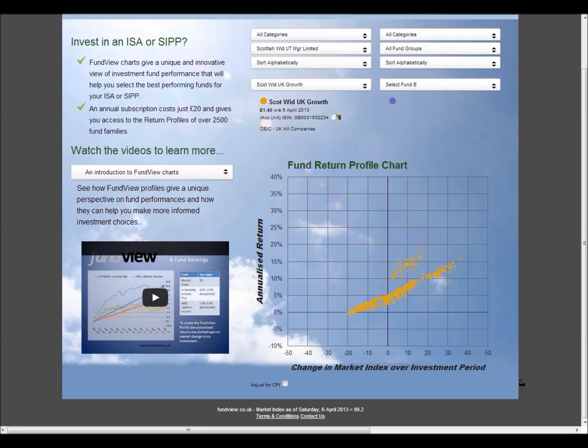Now, this is the profile chart for the Scottish Widows Fund. Each point on the chart represents the annual return produced by weekly investments in the fund over the last 10 years. On the profile chart, these returns are plotted against the relative change in the market index between the time of investment and the current date. This gives a unique view of the fund's overall performance, how sensitive it is to market changes, and also the